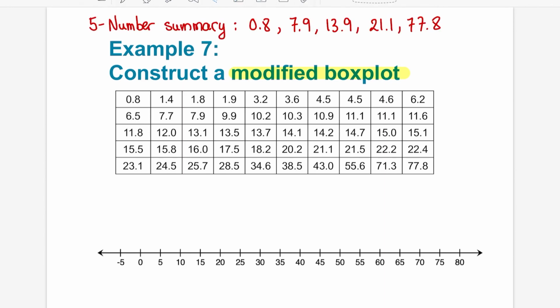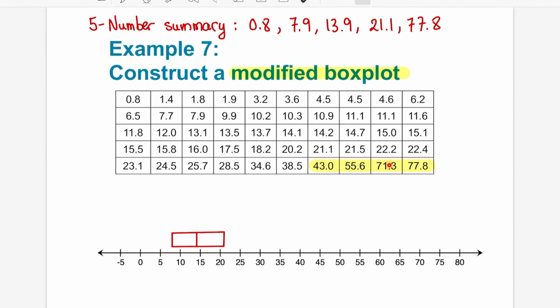I am going to first draw the box from my Q1 all the way to Q3. And then I draw a line at my median. In order to have a modified box plot, I need to have outliers. I have 4 outliers in this problem: 43, 55.6, 71.3, 77.8.